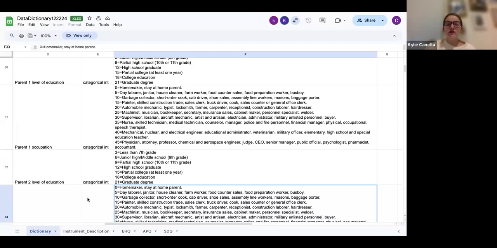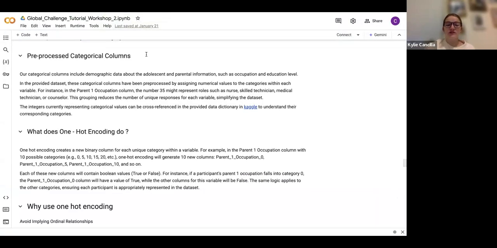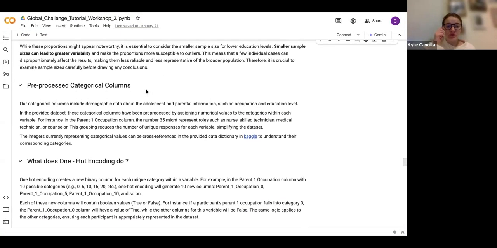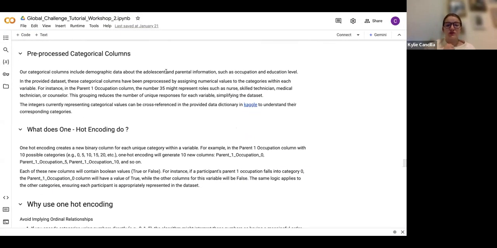And in general, one-hot encoding also improves a lot of machine learning algorithms. A lot of popular machine learning algorithms perform better with one-hot encoded data because it provides those clear distinctions between categories. Without one-hot encoding, algorithms might struggle to learn from categorical variables or produce biased results. So now that we understand what one-hot encoding is and why we do it, let's switch back to Jupyter Notebook to see how we actually execute this code.